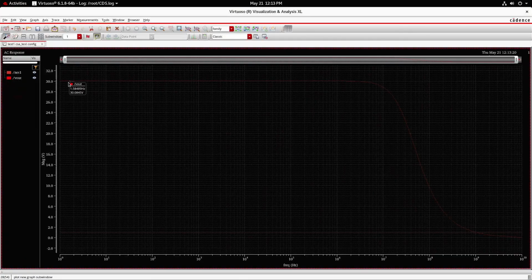You can observe, this is my midband gain, which is around 30 volts. And this volts itself, I am going to call it as the gain, because input voltage is set as 1. V out by V in is the gain. As denominator is 1, output voltage itself is the gain.